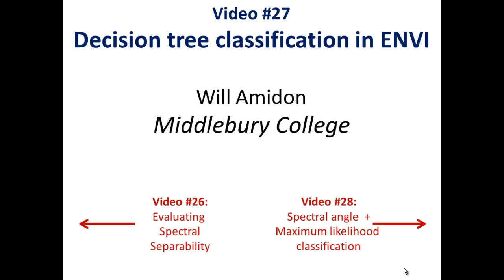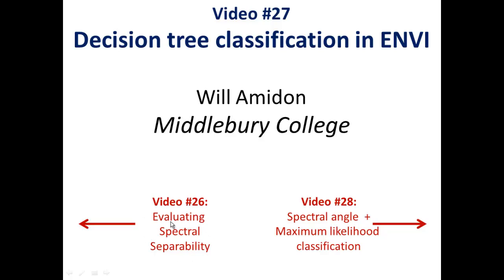Hi everybody, welcome to video number 27, Decision Tree Classification in ENVI. So recall that we've been working with this Landsat image of Yellowstone. In the previous videos we talked about how classification works, and then we picked a bunch of training polygons, each one that represents a different end-member land surface or an end-member class that we'd like to break the image out into. And in the last video, we actually looked at the spectral separability of those classes and saw that water